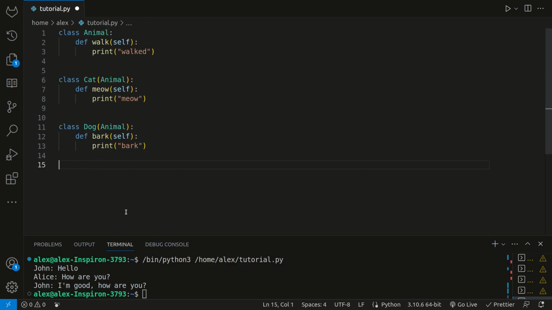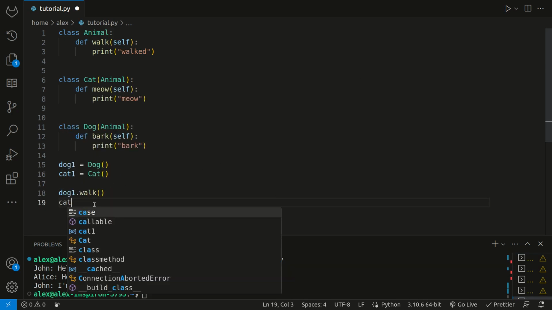Let's create one cat and one dog, so we'll do dog1 is equal to a new dog. And we'll make a cat as well. That's equal to a new cat. And as you can see, the walk method is available to both of them. There's no squiggly lines or anything, and there will be no errors when we run this, so we can do